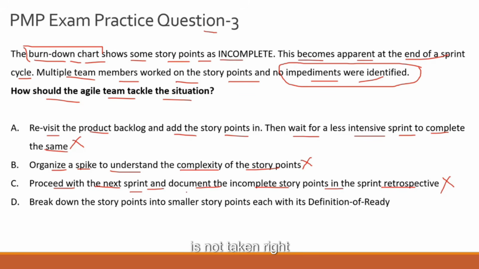That is not taken, right? Because as a project manager, you are expected to complete the entire scope of the project, or the sprint or the iteration that we are talking about. So that is why option C is also incorrect, and that leaves us with option D, which is the correct